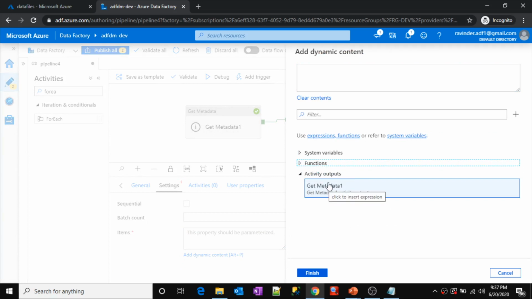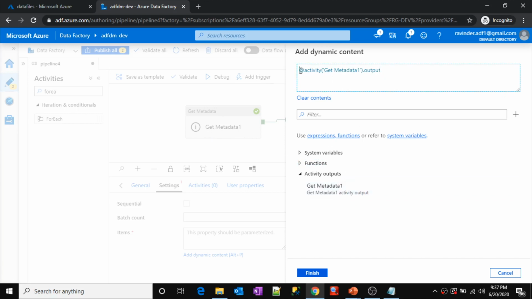It is listed because this activity is already connected in the chain, and the name is the same as the activity name. Simply select that, and you will get code like this: activity get metadata one dot output. This output gives you the entire output JSON I showed you before.